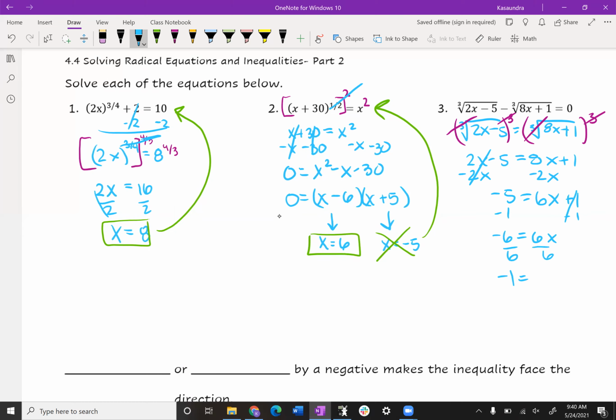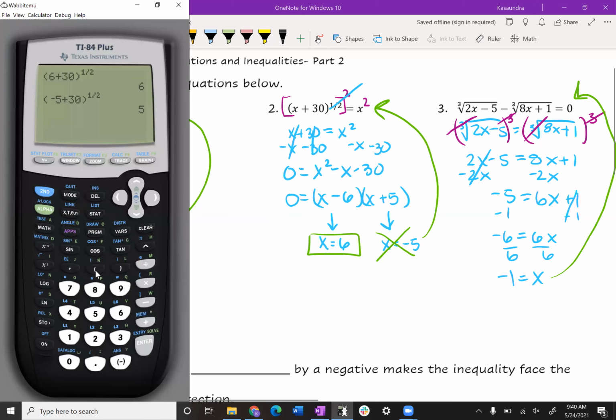Let's check that answer. If I put that -1 into the original, it is kind of messy, but that's okay. We can do a cube root as a 1/3 exponent. And I'm checking to see if a -1 for my x works. So instead of 2 times x, I've got 2 times -1 minus 5. And like I said, it's a cube root, like it's raised to the 1/3 exponent. Square root was a 1/2 exponent. Okay, so I don't really care how messy that is. All I care is that